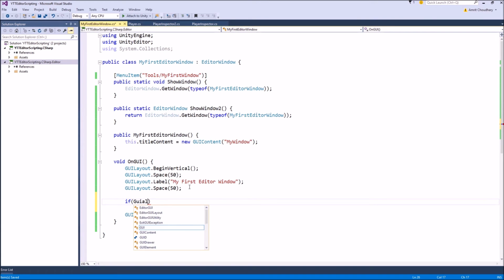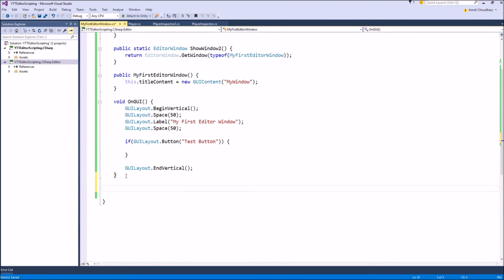So if GUILayout.Button, and we will use this button to call a function inside our editor window.